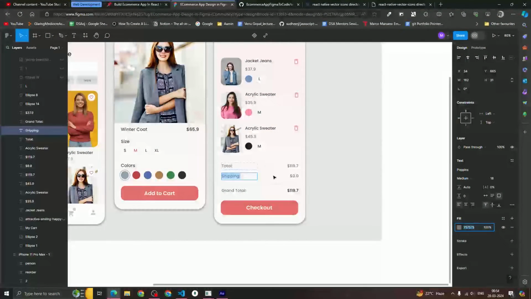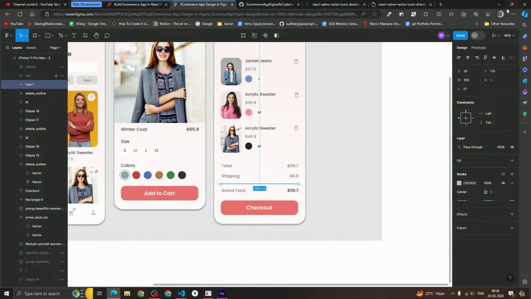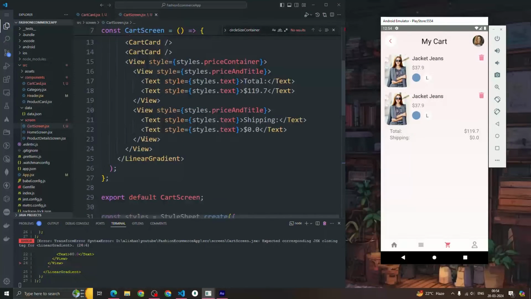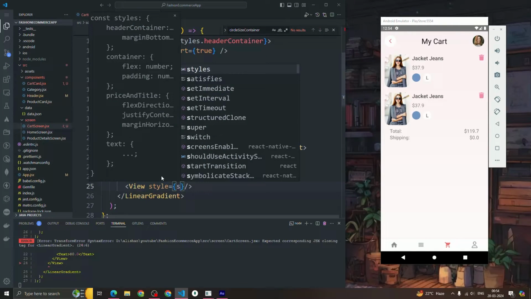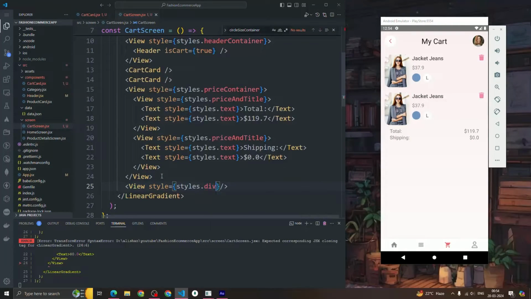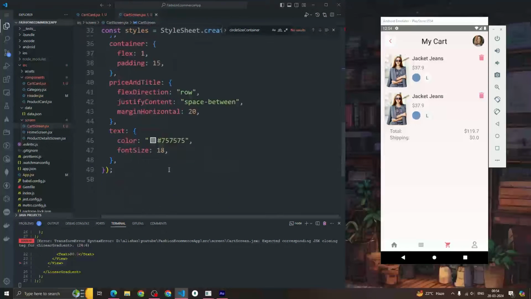Now we want another divider as well. So let me add that divider. To add a divider, what do we have to type? Styles dot divider. Okay, now let me do that. And for the price container, what I'm supposed to do basically,